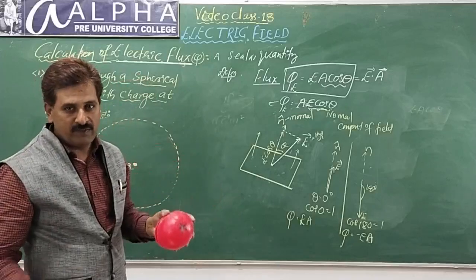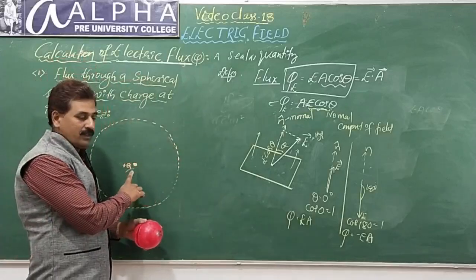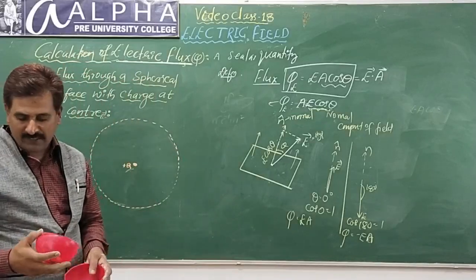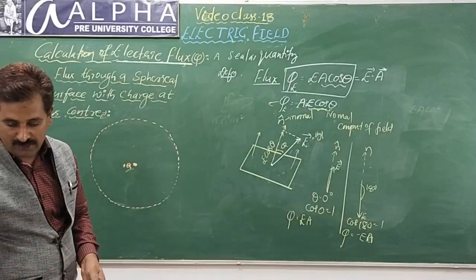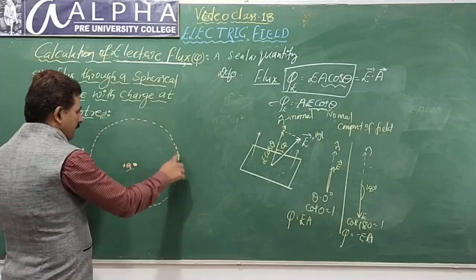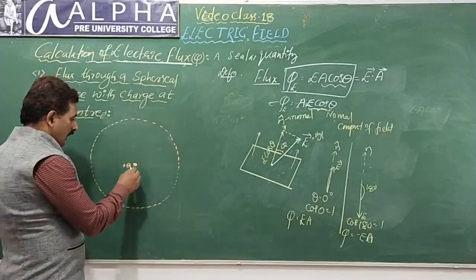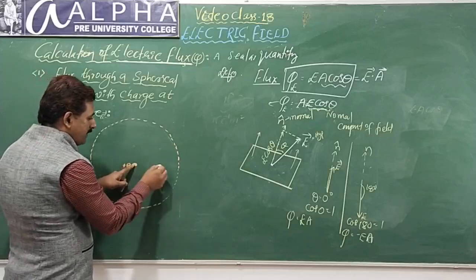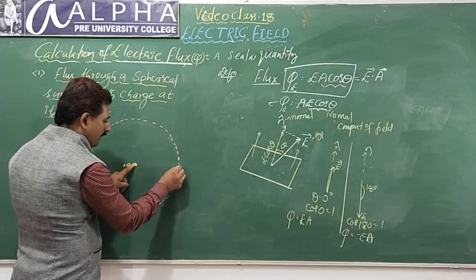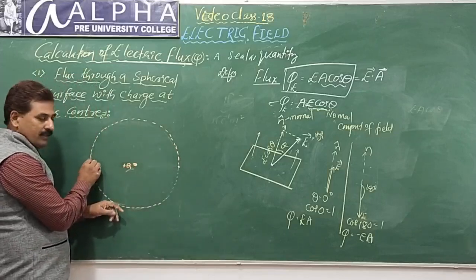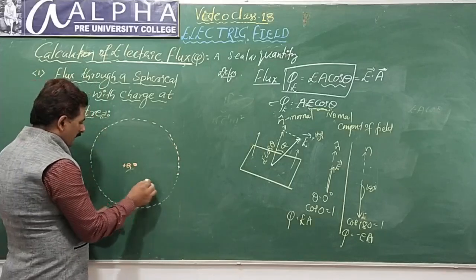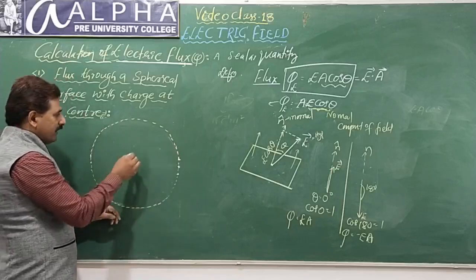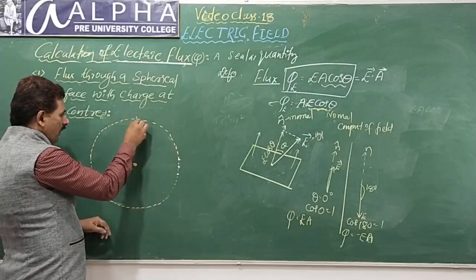One of such examples of symmetry is this. What do you mean by symmetry? First of all, you understand the scenario, the situation. There is a sphere, like the ball I showed, and a charge at the center. Now the charge is at the same distance from this point here and also this point, and one more point here and another point here. Means if I draw a line like this,